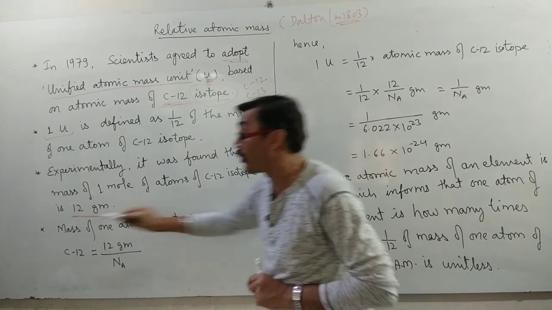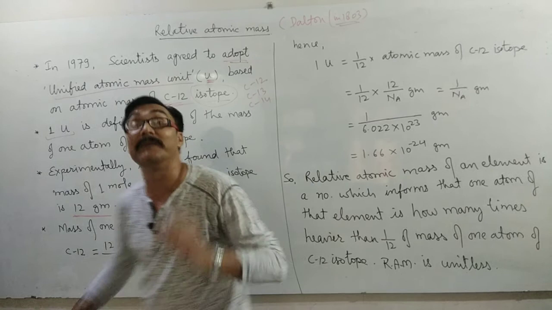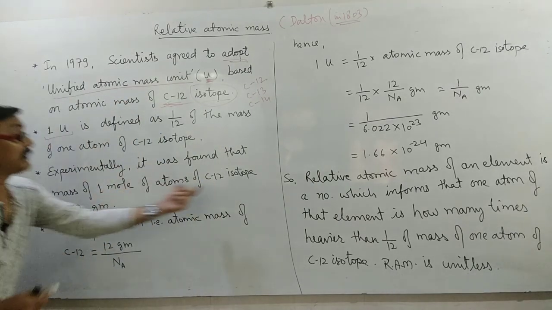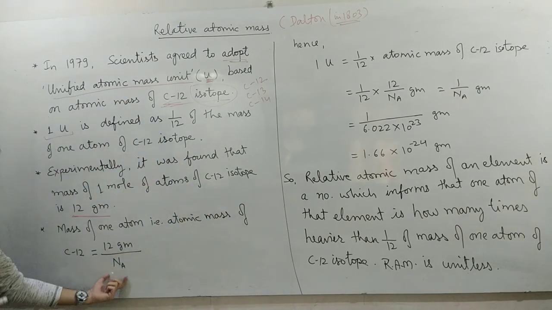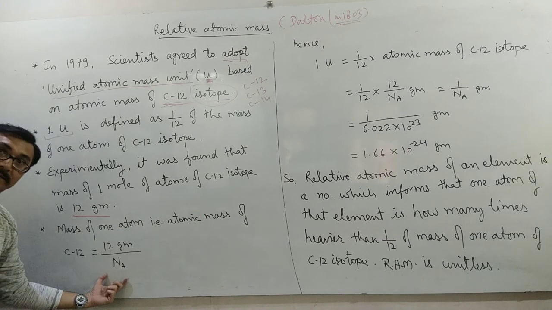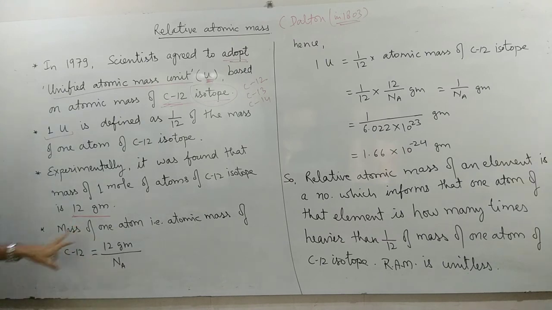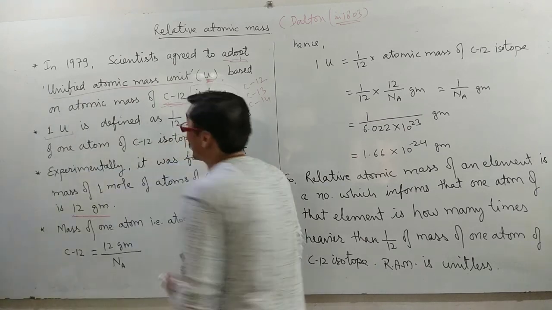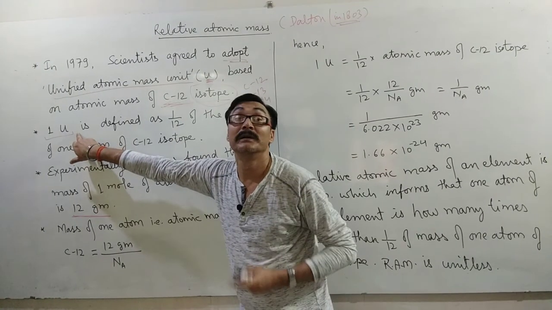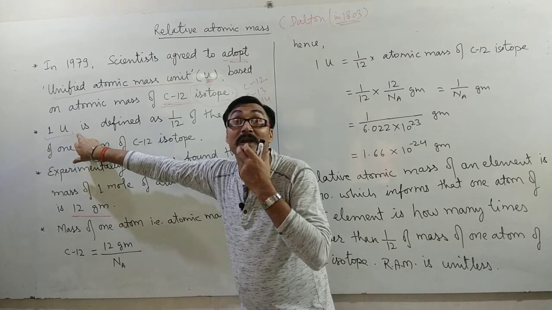Atomic mass or mass of one atom of carbon 12 will be the mass of 1 mole atoms divided by 1 mole, that is Avogadro constant. So atomic mass or mass of one atom will be 12 gram upon Na. But according to the definition of unified atomic mass unit,